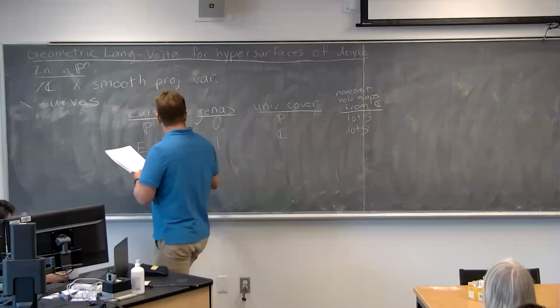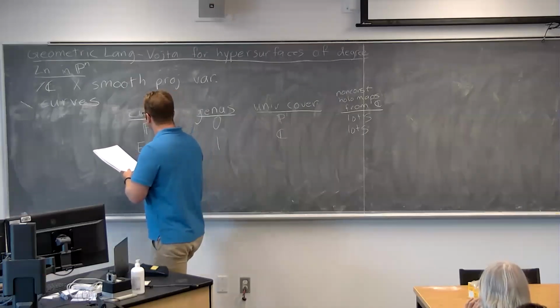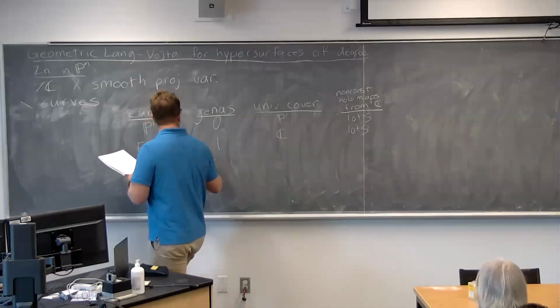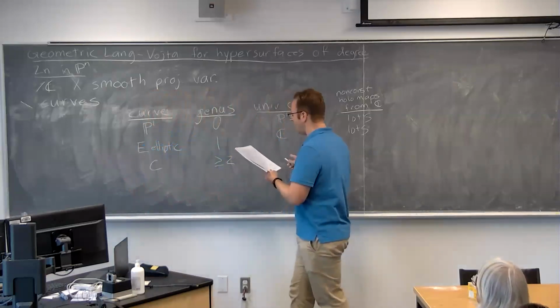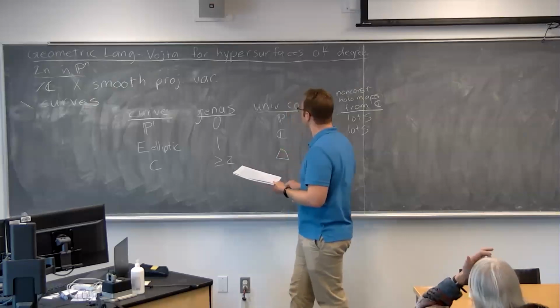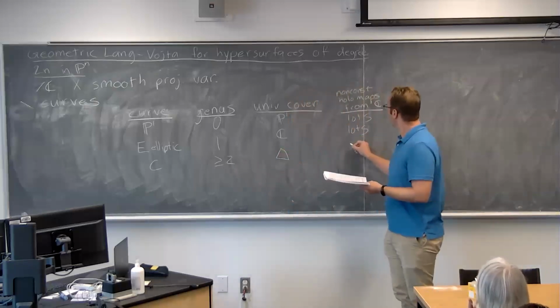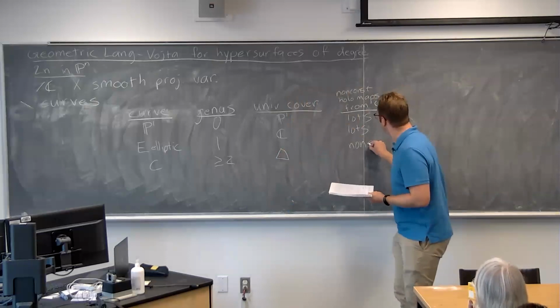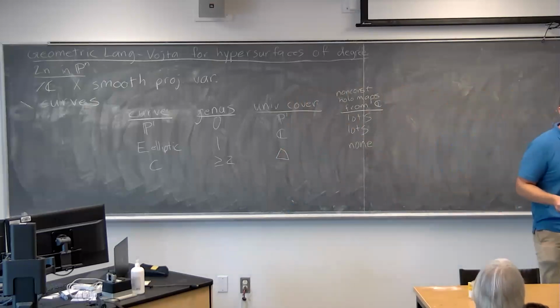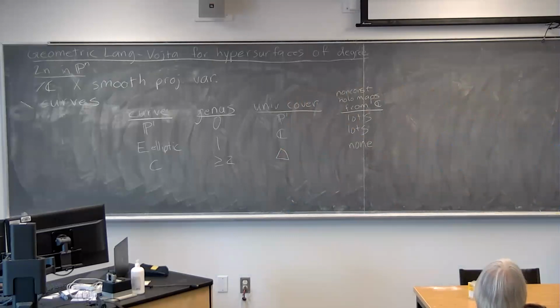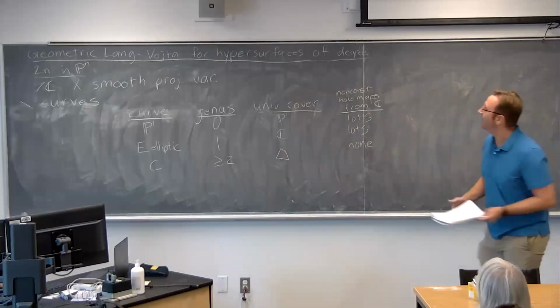Then let's take a curve of genus at least 2. For these curves, the universal cover is the disk, and there are no non-constant holomorphic maps from C. Because if you had a map from C to the curve, it would lift to the universal cover, and there are no bounded entire functions except for the constant ones. And so we see a dichotomy here.